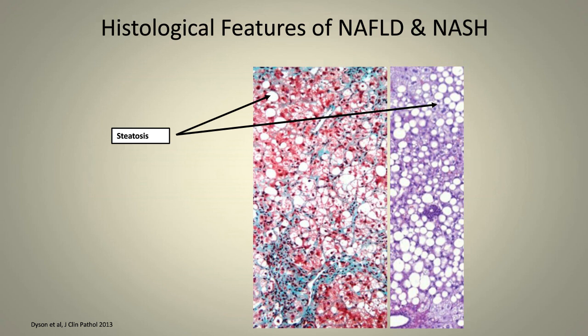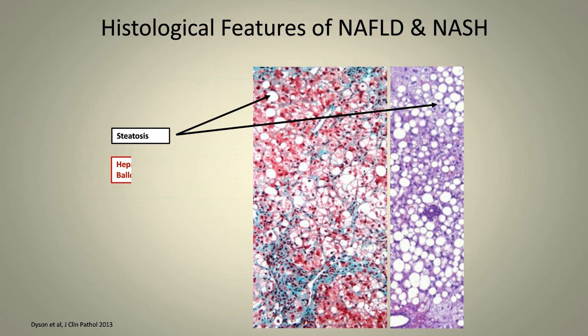So this disease really comes about through what we call insulin resistance. And in insulin-resistant states, adipocytes, or fat cells in the periphery, secrete inappropriately fatty acids, free fatty acids. And those free fatty acids get taken up by the liver, and they're very toxic. So the liver does two things right away. It either burns them through fatty acid beta oxidation, or it esterifies them into triglycerides and stores them as these inert fatty globules that you see showing up on the slide. So that's what steatosis looks like.